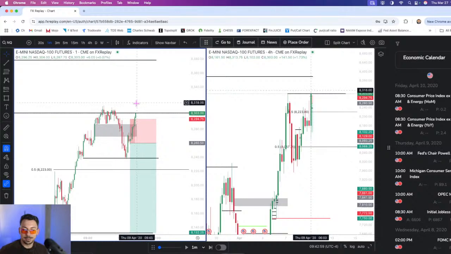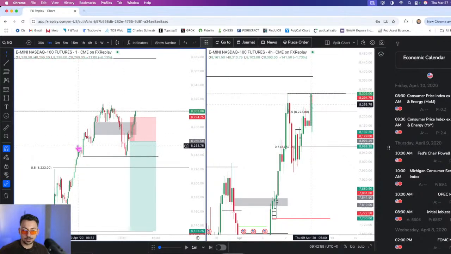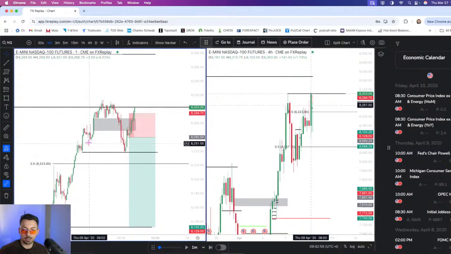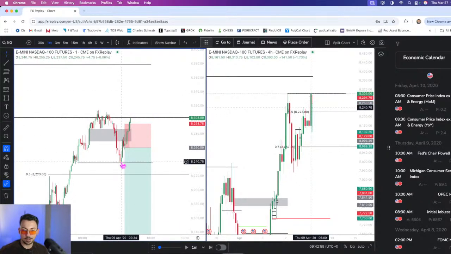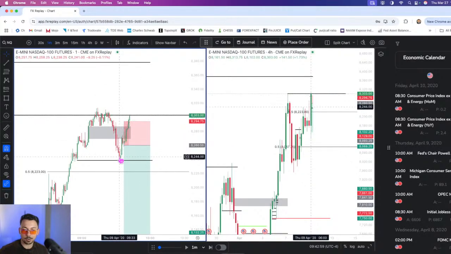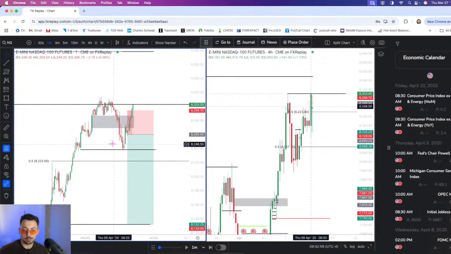So yeah, that was a very small partial. And again, why did I move my stop to break even here? Because if we are bullish, it's a trend day on a Thursday, we are likely to continue higher. So see how I literally know exactly where we're likely to reverse if we're going to reverse. This comes with screen time. This comes with backtesting.